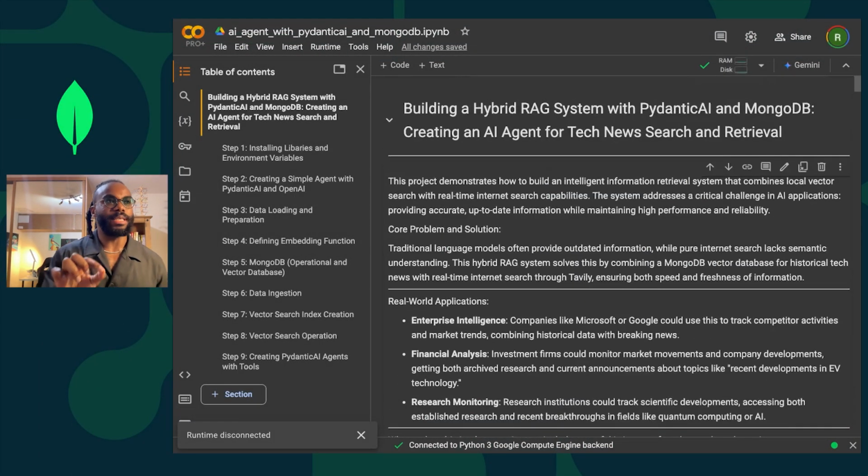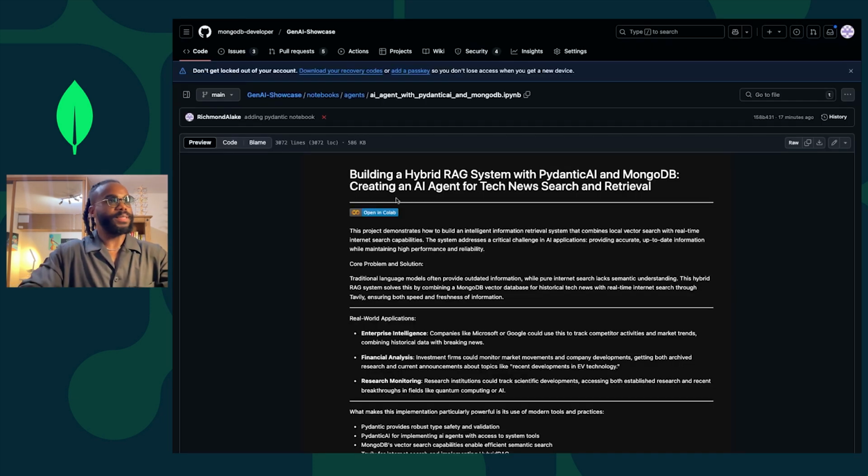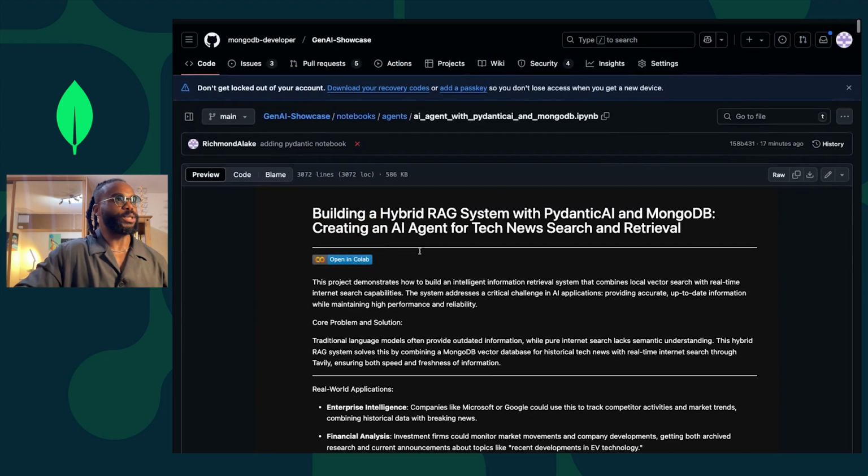So we're going to be building a hybrid RAG system with PydanticAI and MongoDB. It's going to be an AI agent for searching tech news and retrieving real-time news from the internet. And as usual, all the code that I'll be presenting is available right over here on the Gen AI Showcase